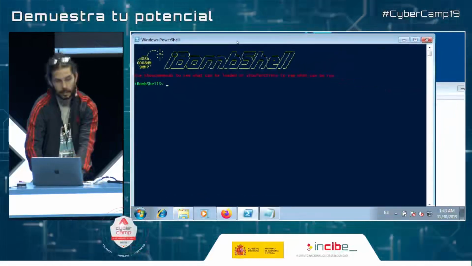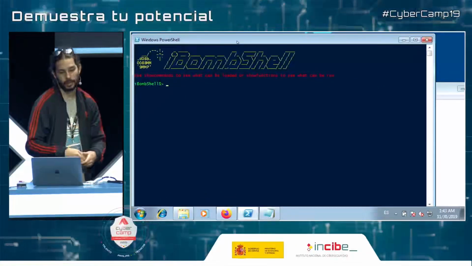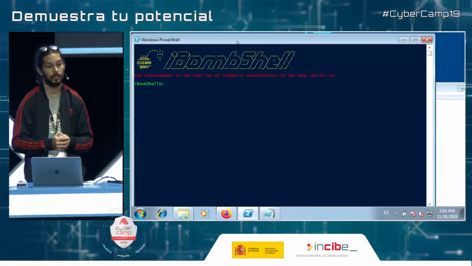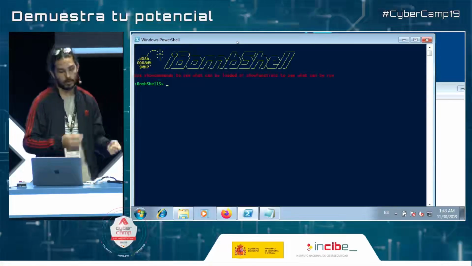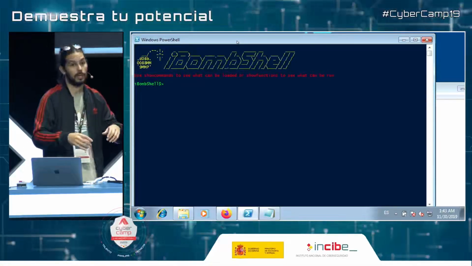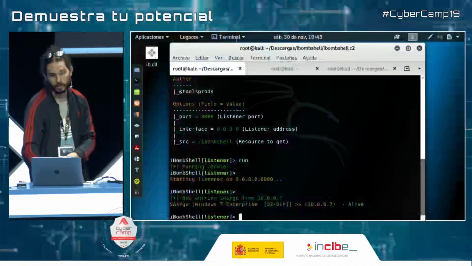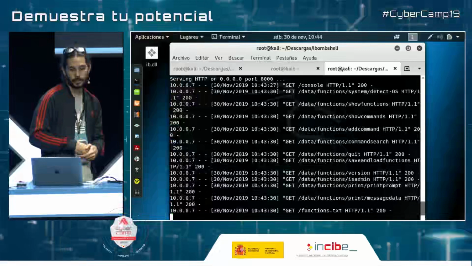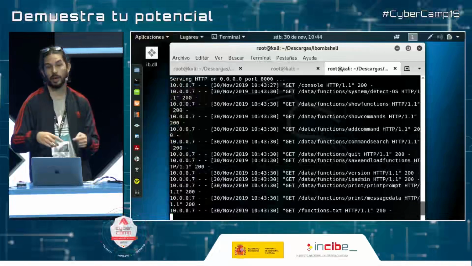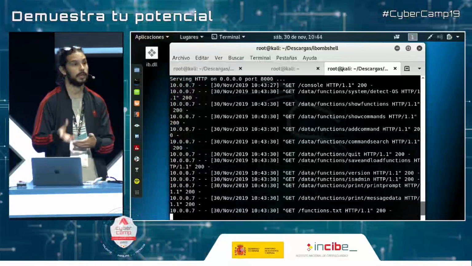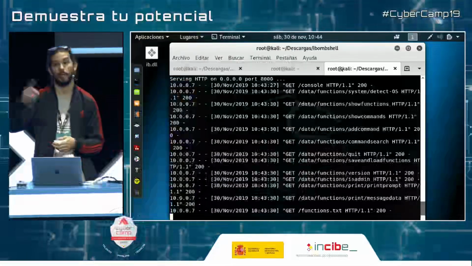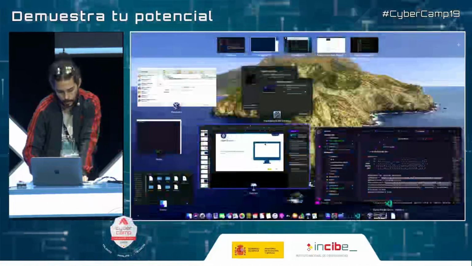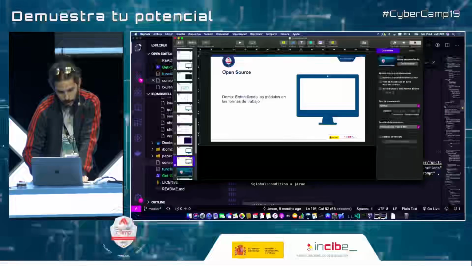So that's how you lift an iBombShell on our own server. As you have seen, it's quite easy to do. You just have to do a few steps to have our own iBombShell in our Kali machine, which is the server that I just created. Now we could make some changes on this Kali machine, which will be reflected on that PowerShell. Finally,